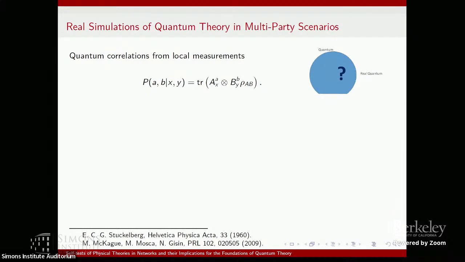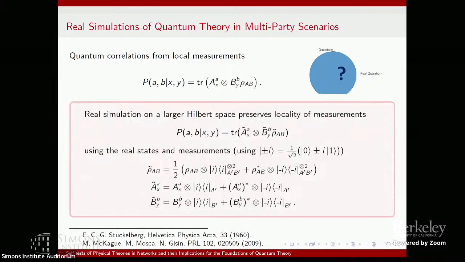And then there were also more quantum information and more multi-partite accounts of it later. The way this works is like this. A real simulation of essentially this strategy on a larger Hilbert space can be made using this. Intuitively, if you think in the complex quantum picture, what you essentially add is some control system for each measurement that controls whether you apply the measurement or its complex conjugate.